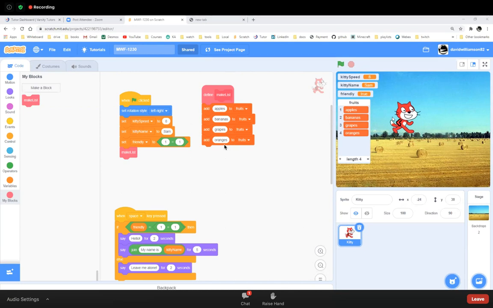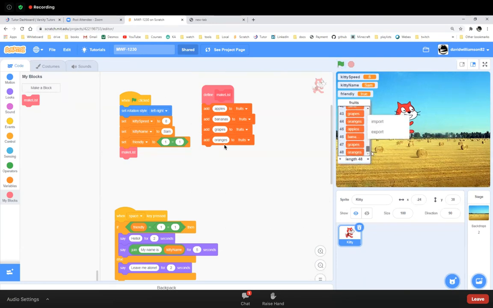But okay, so you kind of get the idea of what the pink block does. You kind of get the idea of what the add apples, add bananas does. But watch what happens now. If I click the flag again, then you can see that it added 4 more to the list. Okay, well, they were already there. If I click it and I keep clicking it, now my list is way too long. Look, my list is like 48 items deep.